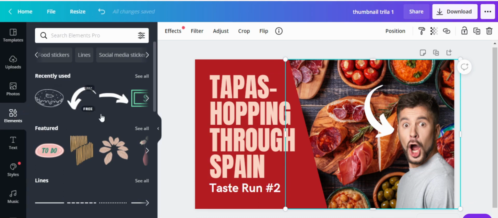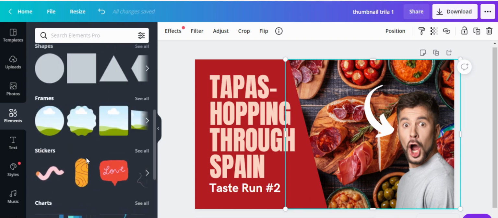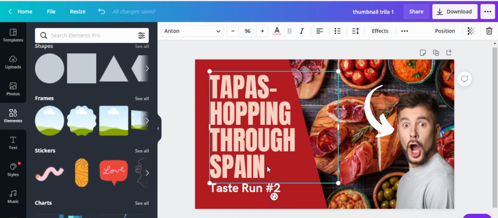And then you can always add arrows, you can add some features, you can even add some lines, some shapes if you want, frames. You can add frames, stickers, whatever, the way you want to edit it. So let's say you want to edit this, so let's edit this. So this is